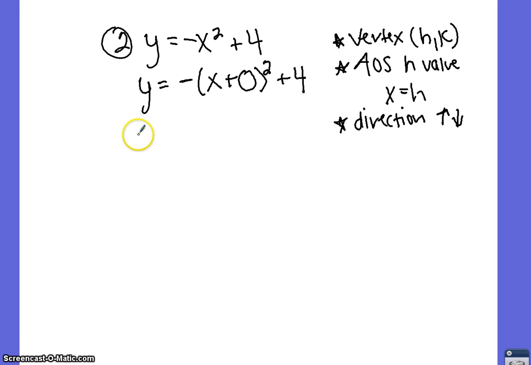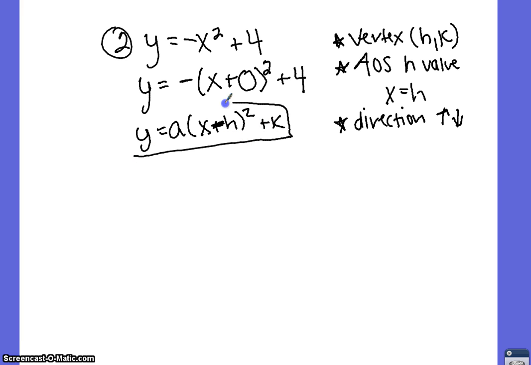So remember the format of how you're going to write vertex form. Remember, it's y equals a parenthesis x minus h squared plus k. So again, we're using this formula in order to rewrite my equation. So then it asked me for